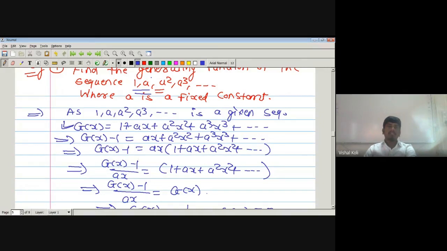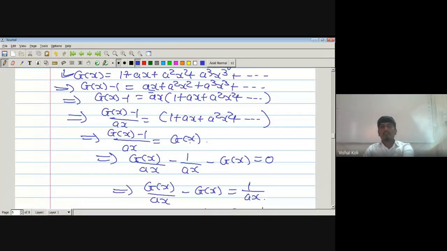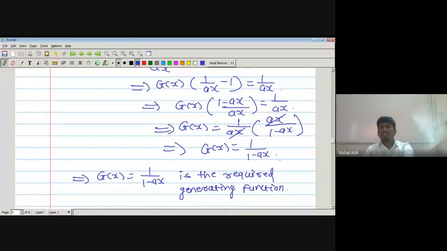But this can be written as g(x) minus 1 equal to ax plus a square x square plus a cube x cube plus up to so on. But the term ax is common in all those terms. Then we take ax as common, which is ax into (1 plus ax plus a square x square plus so on). But 1 plus ax plus a square x square plus a cube x cube plus so on is nothing but g(x). Then we put the value of this term as g(x). Then we get (g(x) minus 1) divided by ax equal to g(x). So after solving, we get g(x) is nothing but 1 upon 1 minus ax, which is the